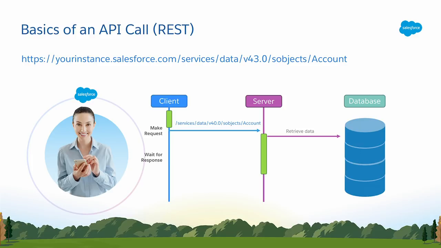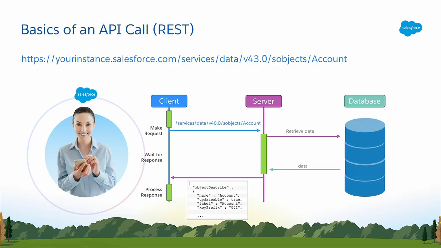The server then goes forward to the database and retrieves the data that's being requested. And in the meantime, the client is sat there waiting for the response. And as the server makes the request to the database, the server is also sat there waiting for the response. And then finally, the database will return the data to the server. The server is then able to return the object to the client, and the client is then able to process